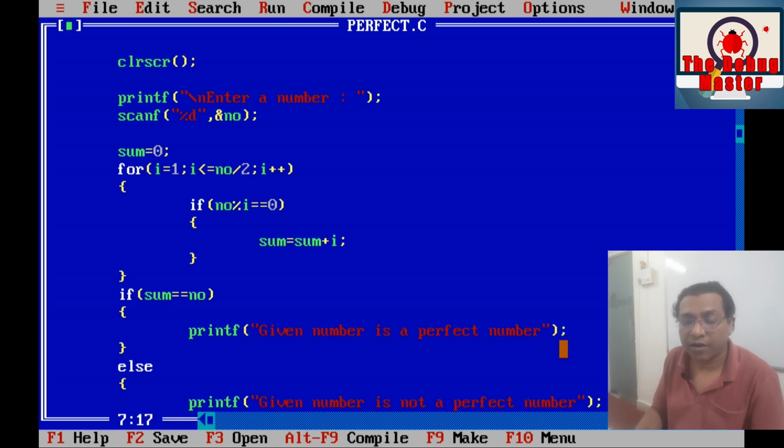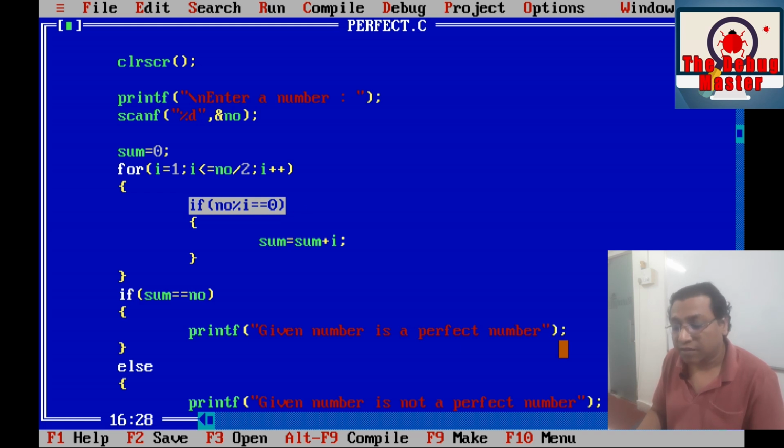We shall trace this program for the input 6. So consider the number is 6, and here sum would be 0, and for the first iteration I will be initialized to 1. Now we check 6 mod 1, is it 0?